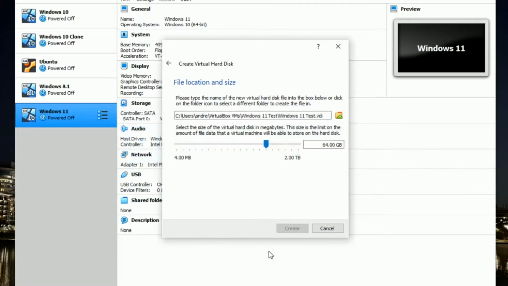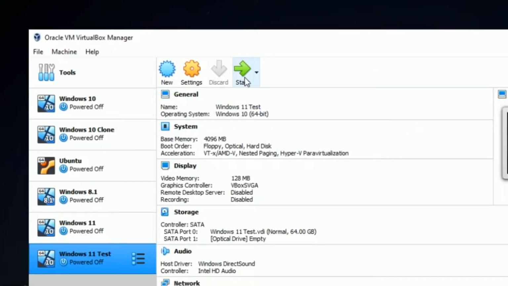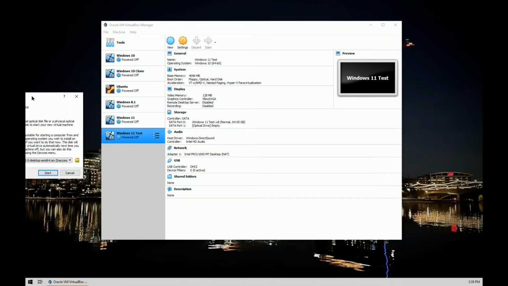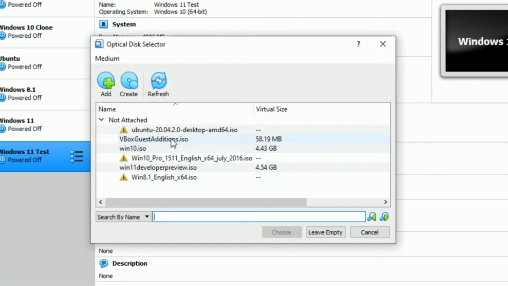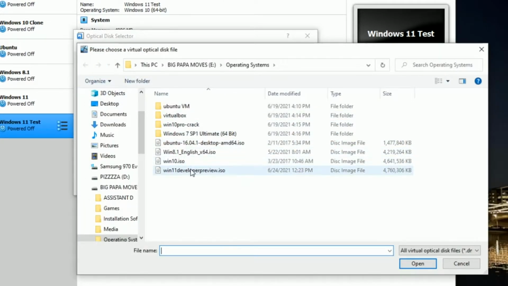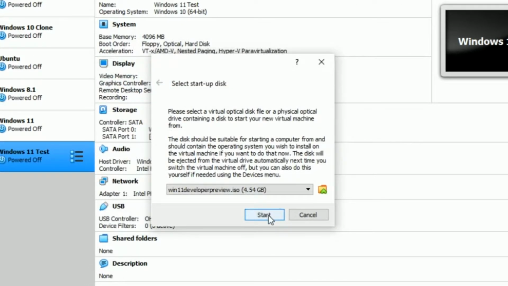Okay, and go ahead and click Start on that green arrow in the top center of the screen. You'll be asked for the ISO file for Windows 11 here. Sorry, we've actually got 2 monitors here, so it kind of opened up on the other monitor. Let's go ahead and pull that over. You'll see that yellow and green folder icon there. Let's click that, the blue and green Add button there, and find that ISO file where we've got that saved. And go ahead and click Choose. Make sure it's selected there on the drop down and click Start.